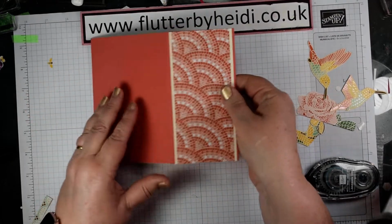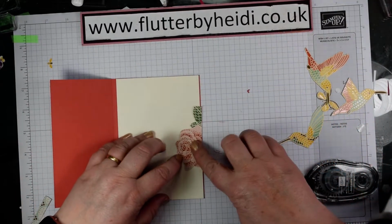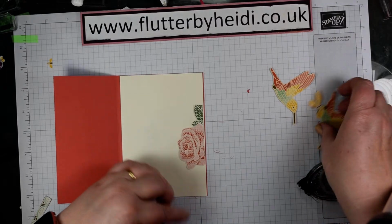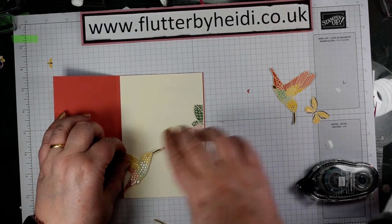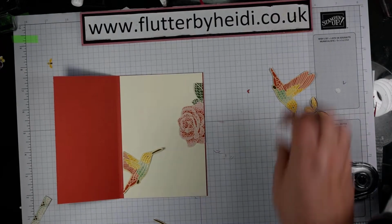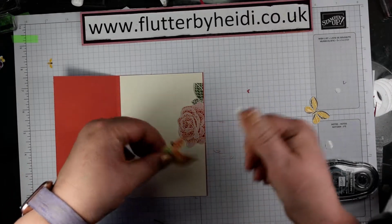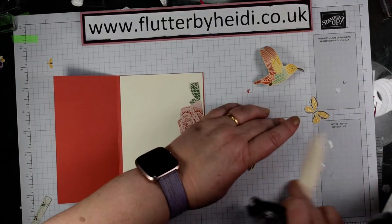There we go. So just add that to that front section, and then you can add your other pieces as you want. What I would say is have a sort of play around, see what you like the look of. I think I might prefer this one here, just have it reaching up for our flower. And then, as I usually do, grab your bone folder and just shape those gently. So the others are going to go on flat. So you can just add